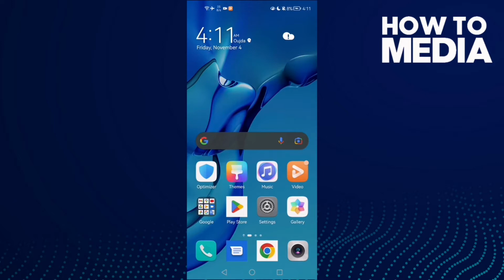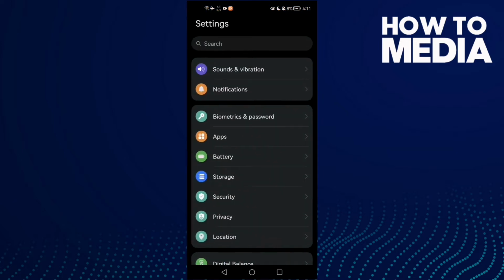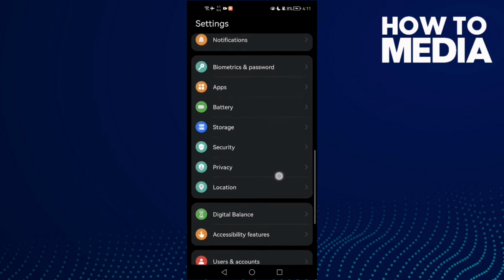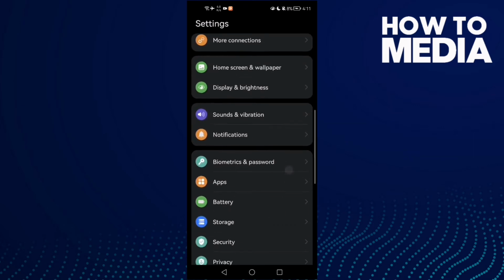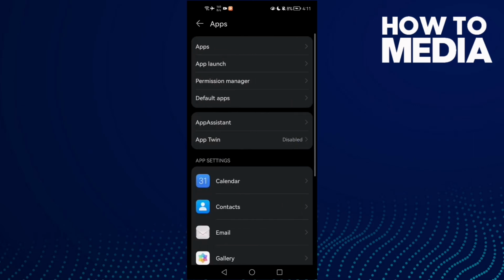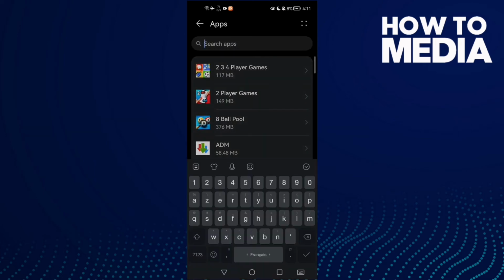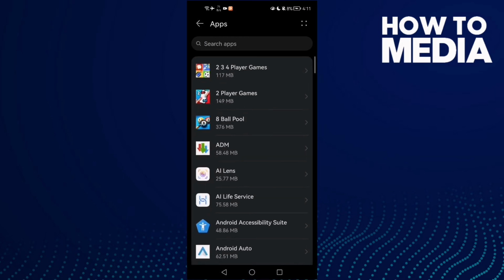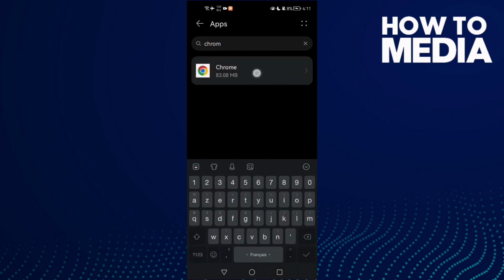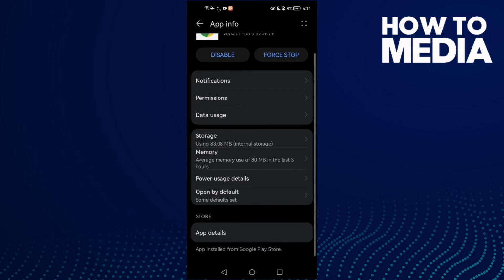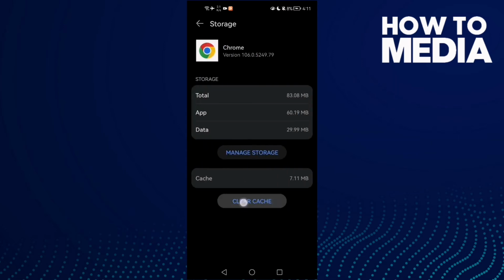First open settings, and then scroll down until you find apps, and click apps again, and here you will find app settings, installed apps. Just type here Chrome, click on it and go to storage, clear cache,